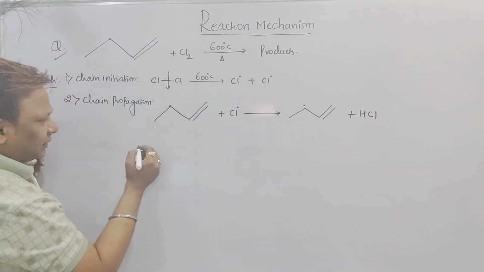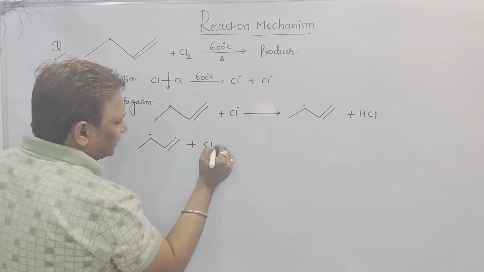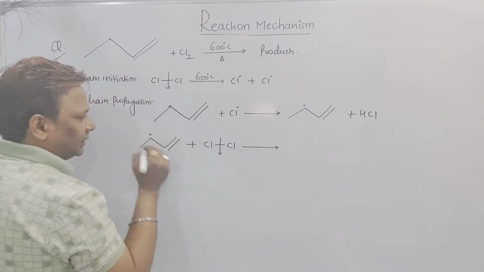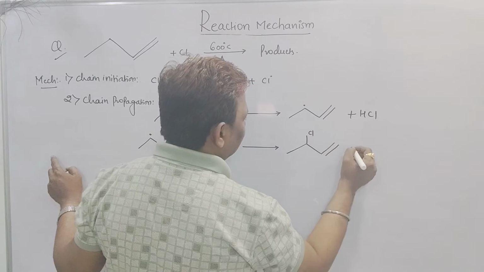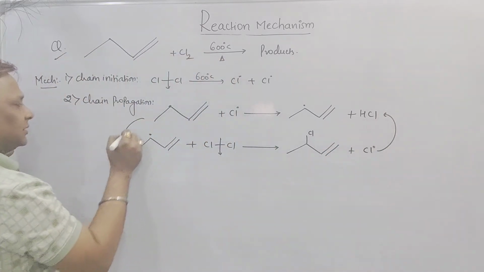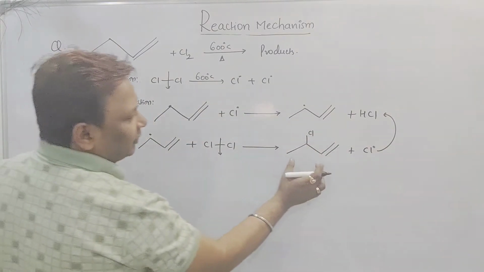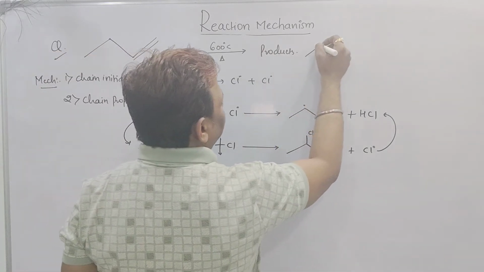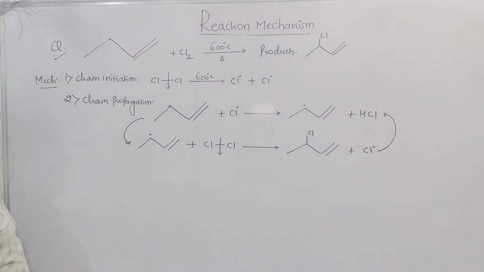Second one, beta, this radical which is obtained here again combines with Cl. What does it form, beta? Cl radical will attack over here, 1, 2, 3, 4, and I got Cl here, plus the remaining is what, beta? Cl radical. The reaction goes back, reaction comes here. It is a repeated process in the propagation, and I got one of the products. Is it clear, beta? Yes sir. The product obtained here is 1, 2, 3 double bond and Cl. Plus one more product, we'll check it now.